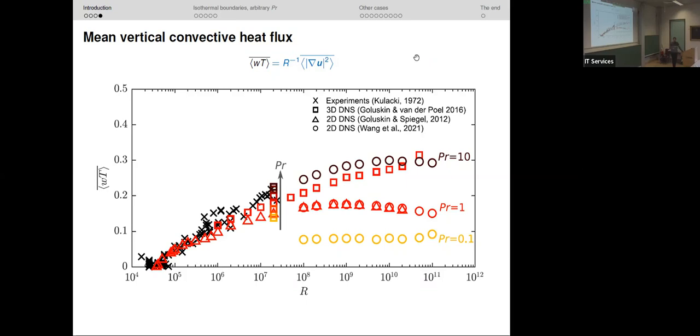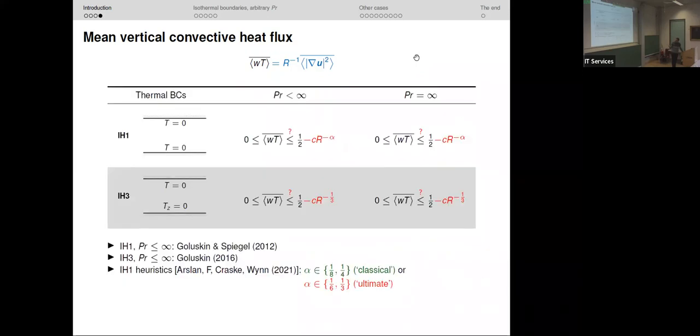So at least for that case, and one might expect also for the other ones, when the thermal boundary conditions change, we see that the situation is not very well captured by these rigorous results. And so one might expect that perhaps one could decorate these upper bounds at least with some corrections that depend on the Rayleigh number and perhaps also the other governing parameters. And there have been some conjectures. So for example, David, for this insulating bottom plate case, conjectured that the correction should scale as the Rayleigh number to the -1/3, and this is by boundary layer arguments, energy balances,